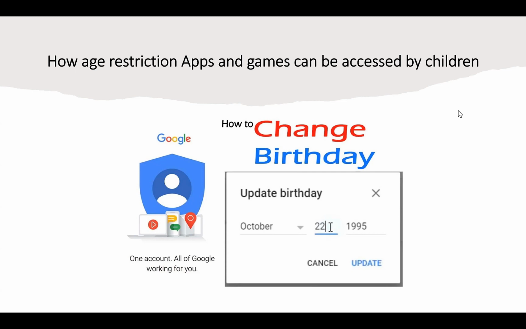So it's very simple. Imagine a household where you have a child who is 16 and a 7-year-old in the same household.